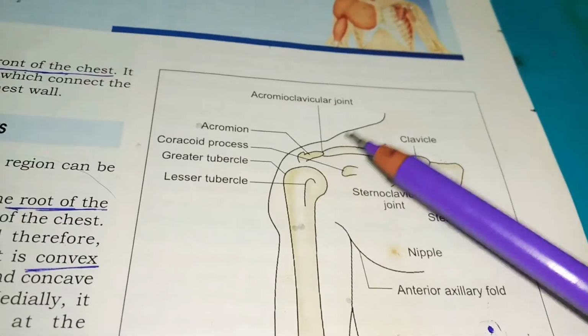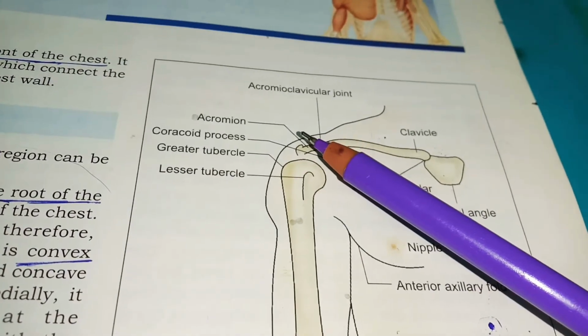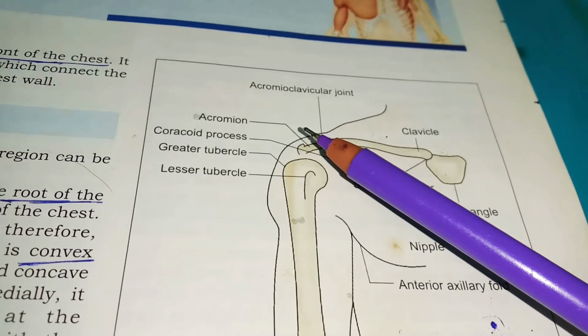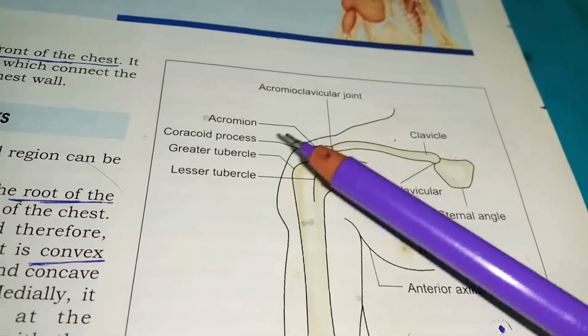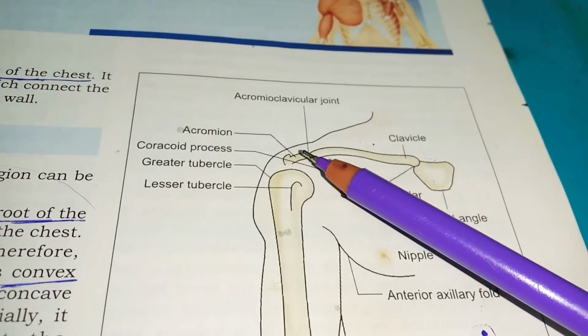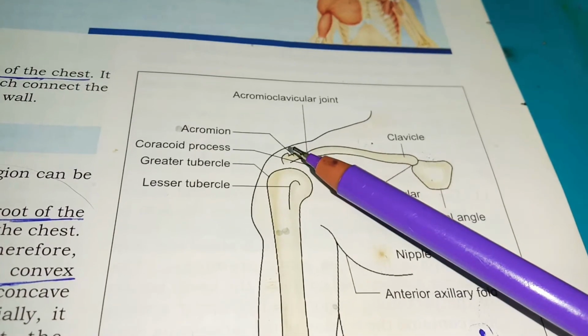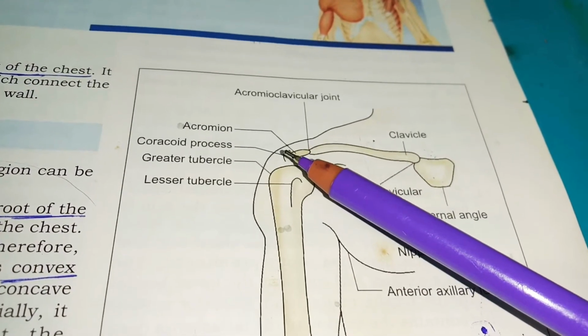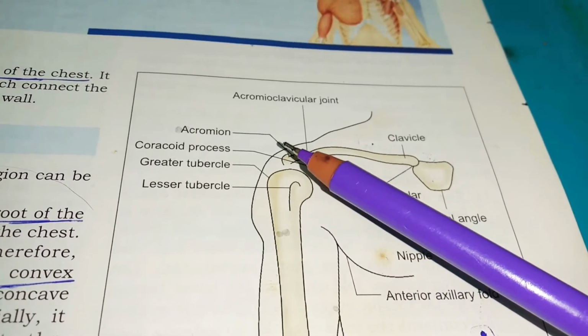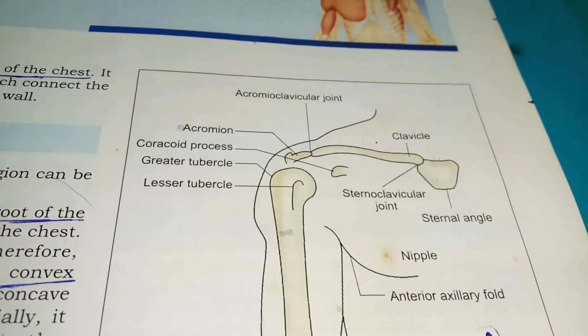So if you see, the acromion has the medial border and the lateral border. In the lateral border posterior end, you will see an acromial angle, and that acromial angle is continuous with the lower lip of the crest of the spine of scapula. Already in the scapula I have discussed the spine, its upper lip, lower lip, right? So this acromion, lateral side, posterior way, has the acromial angle, and that is continuous with the lower lip of the crest of the spine of scapula.